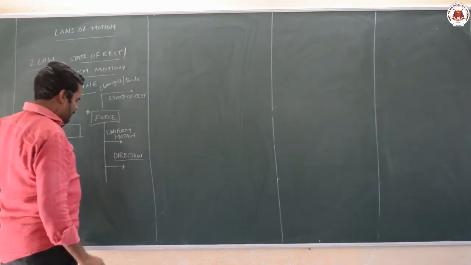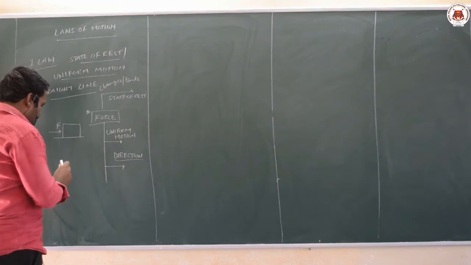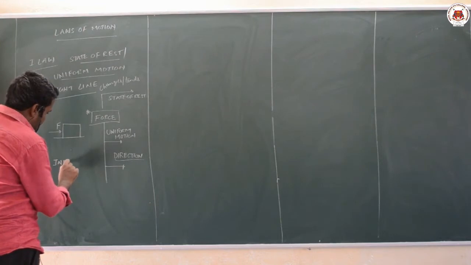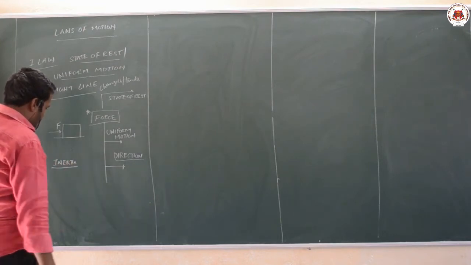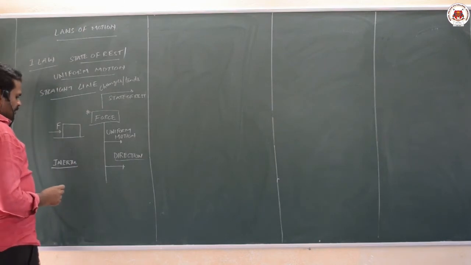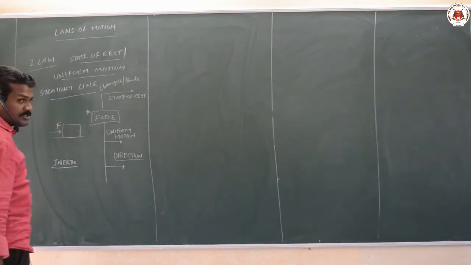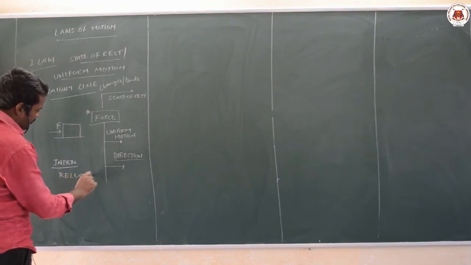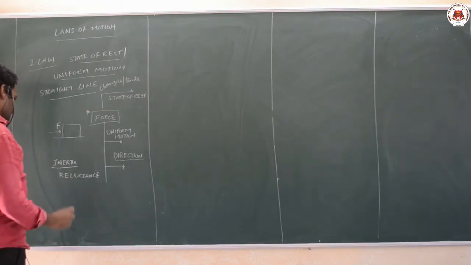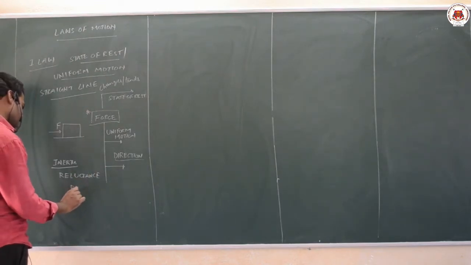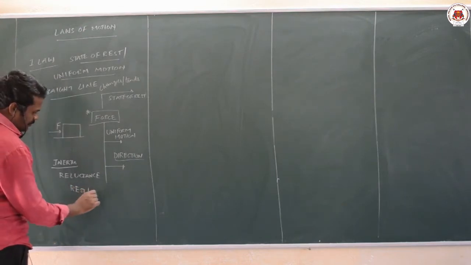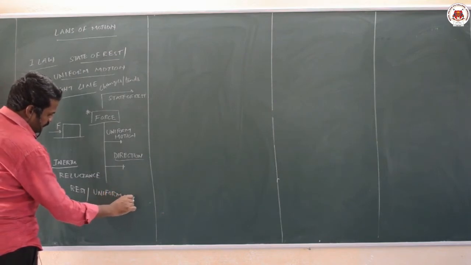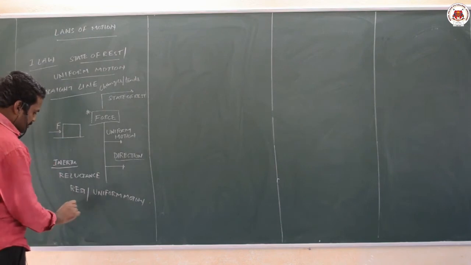And first law also defines one of the important property of a body, that is inertia. Inertia is the inherent property of the body by virtue of which it opposes the change in its state of rest, reluctance to change, the opposition for any change. It may oppose the change of rest, it may oppose the uniform motion, it may oppose the change in direction.